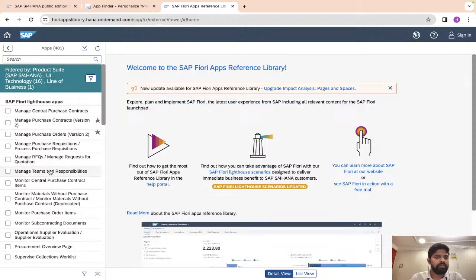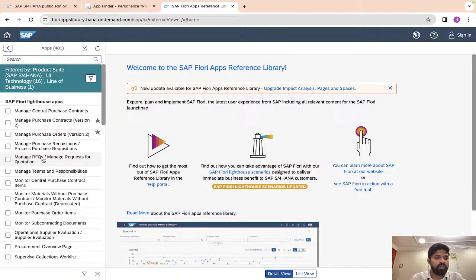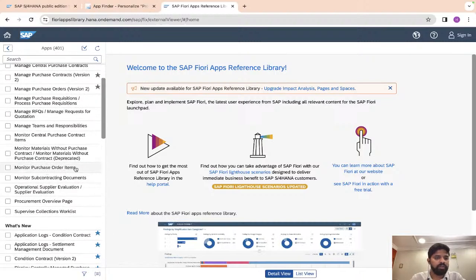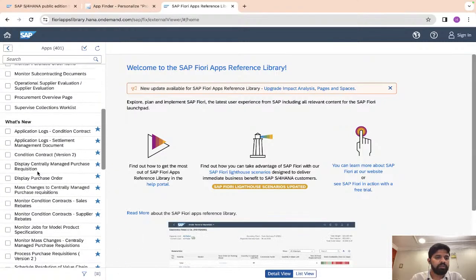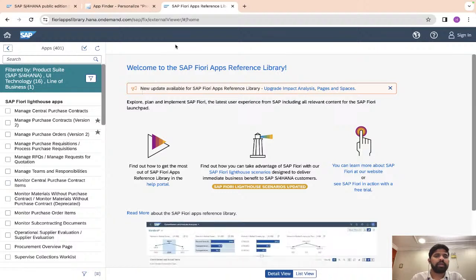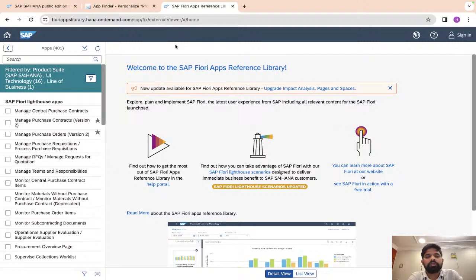All of these apps. See, manage purchase request for quotation, then we have monitor purchase order items. What's new is also given. So basically, the Fiori library we can view from a web browser.